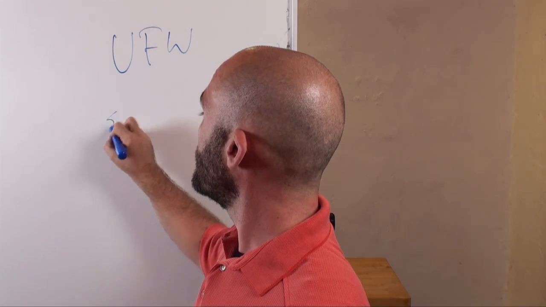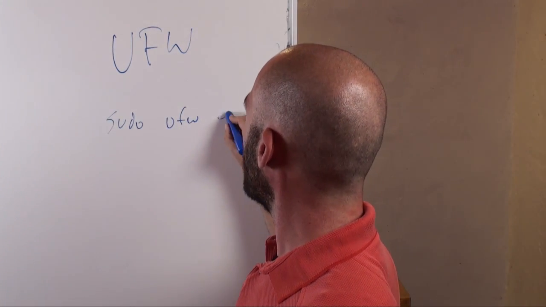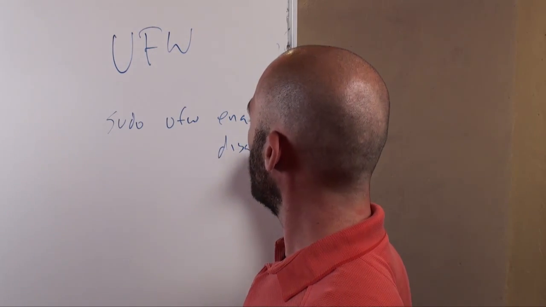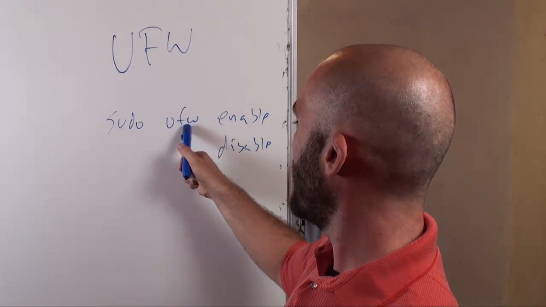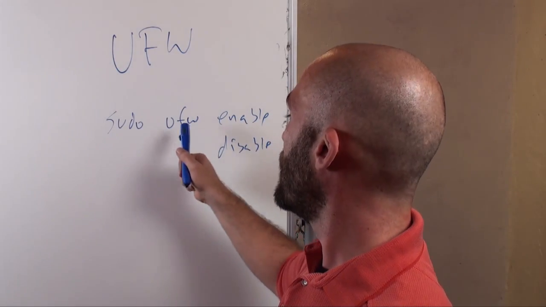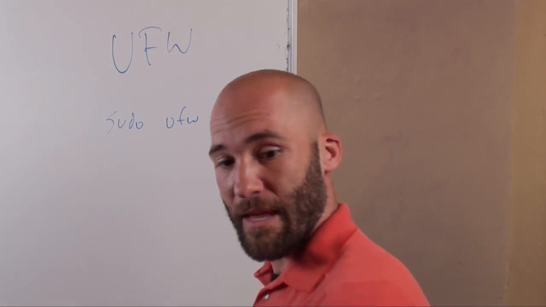Pretty simple. Now to turn on UFW, all you do is you do sudo ufw, and then you either do enable or disable. So if you want to turn on your firewall, sudo ufw enable. If you want to turn off your firewall, sudo ufw disable. Really pretty simple right there. And then